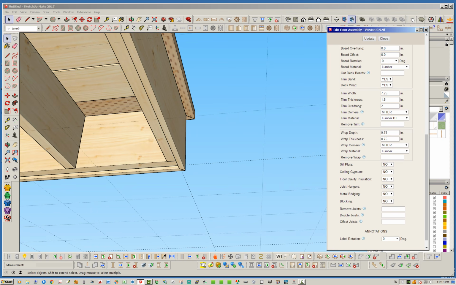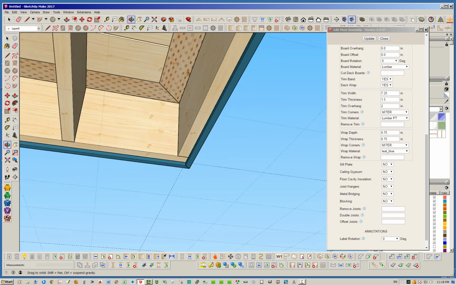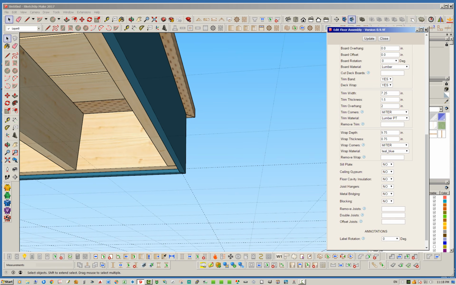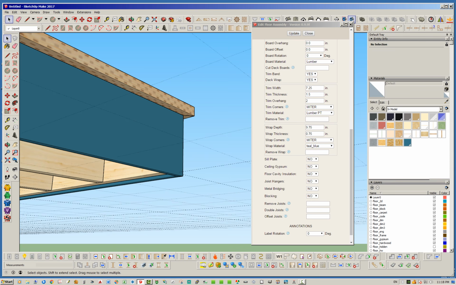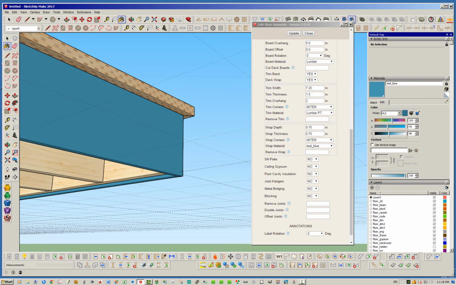And again, with the materials, you've got the option to use all of these custom materials that you've set up in the library, or anything else. Also, I think you guys need to be aware that if you have a custom material like for instance this teal blue that I've got set up in here, let's say I don't particularly like that shade of it, you can go in here into the default tray or the SketchUp tray, and if you modify this material, let's say I want it a little lighter, whatever you want. Now, once I make that edit,